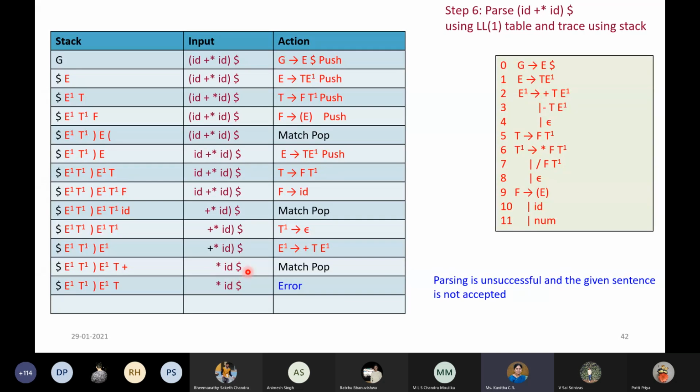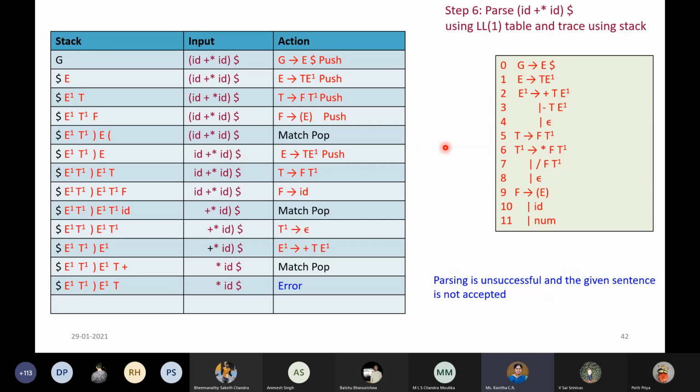Why? Because this is not an accepted string, and we don't have any rule to be applied when this condition occurs, and therefore it is an error. So this is a syntax error, because you can't have two operators like this continuously. In my grammar also I didn't define something like this which can be accepted. Therefore, parsing is completed, only thing is that this particular sentence is not accepted. Parsing is completed and it is displaying an error. Whatever message you give, it will take that. So like this we can parse using the stack.